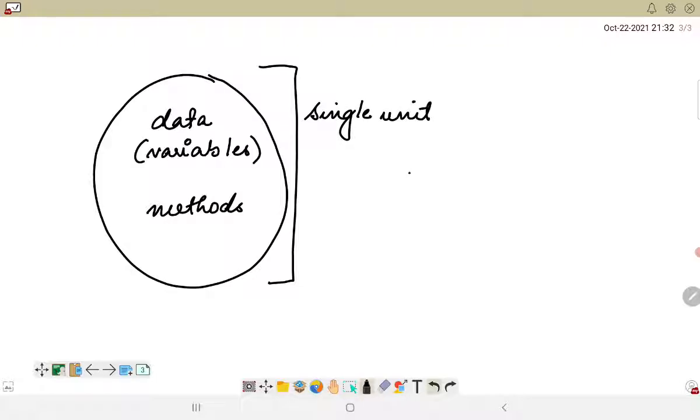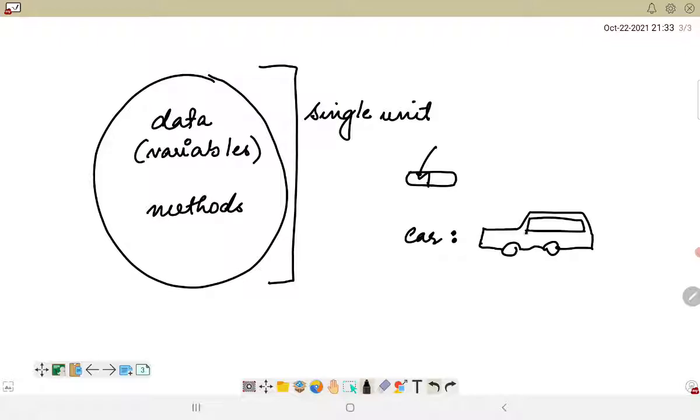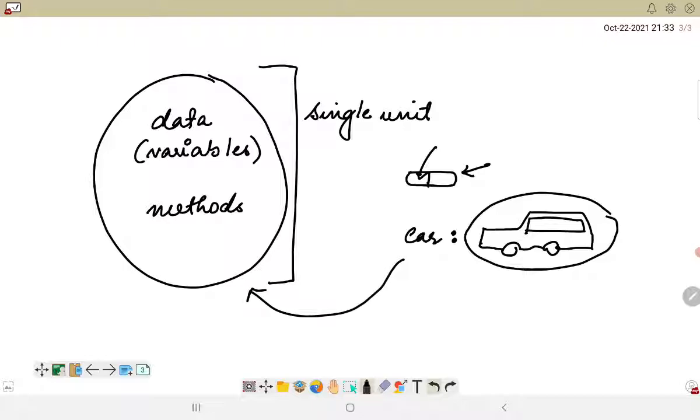Like we see small capsules which have medicines, right? They are a real life example of encapsulation. Everything is within this small capsule. Similarly, if I'm considering a car, everything is encapsulated within this single unit. It has an engine and various other things associated with it. The same concept is applied using Java in object oriented programming, where